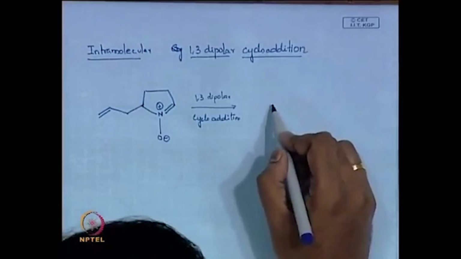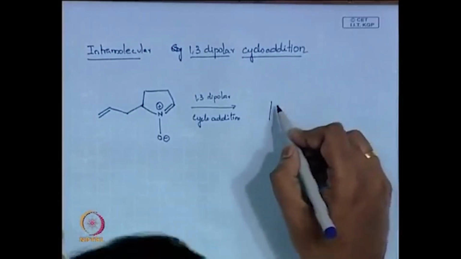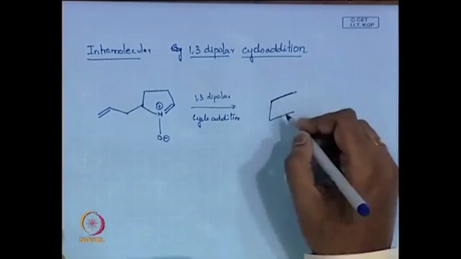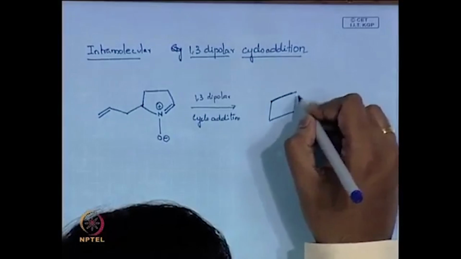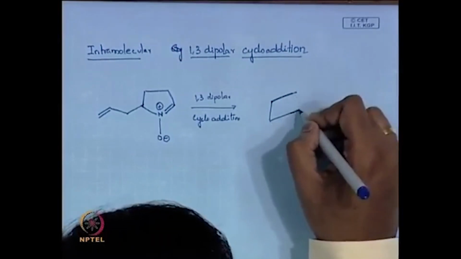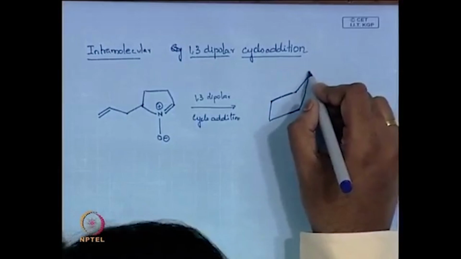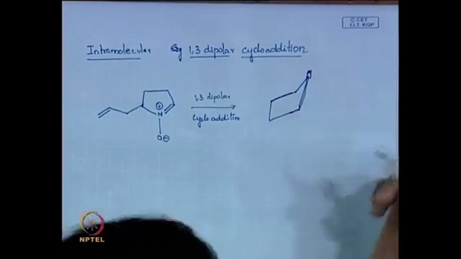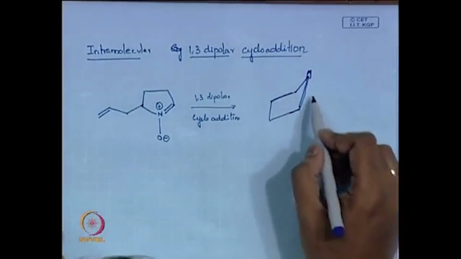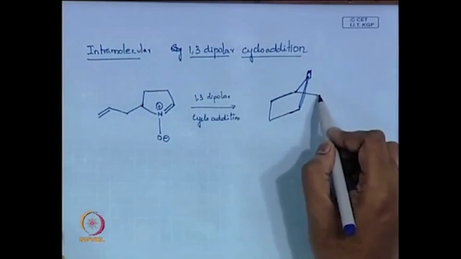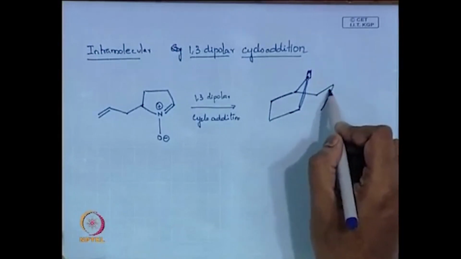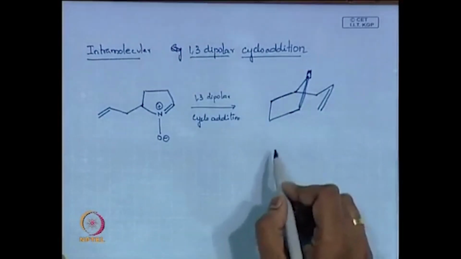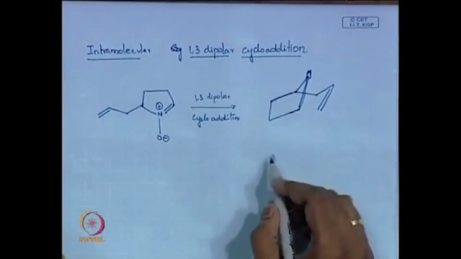If you want to visualize it in a better fashion, I can draw this. I have a nitrogen here, you have a double bond. Fine, you can draw this. If it's not clear, I can similarly